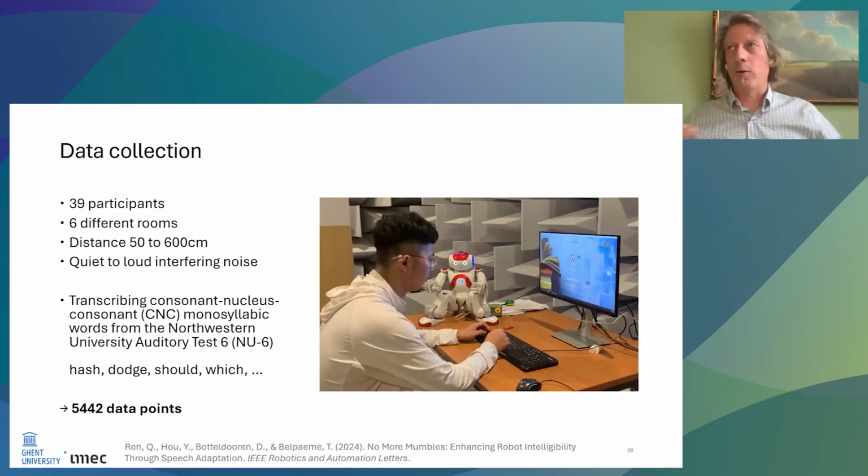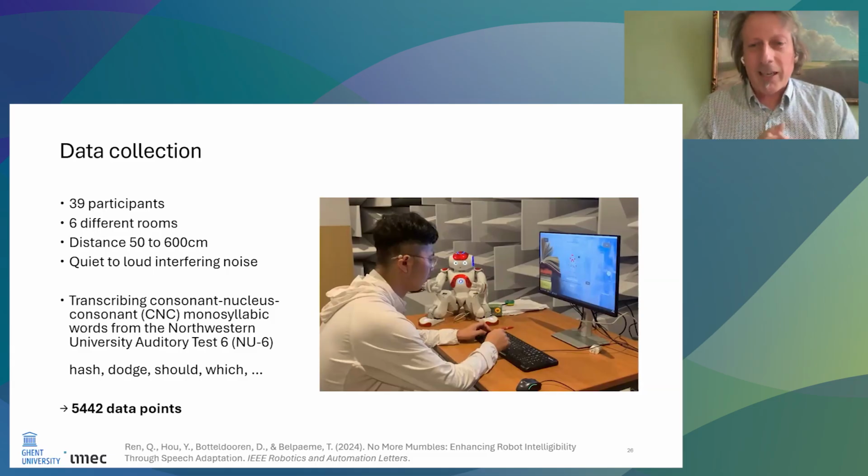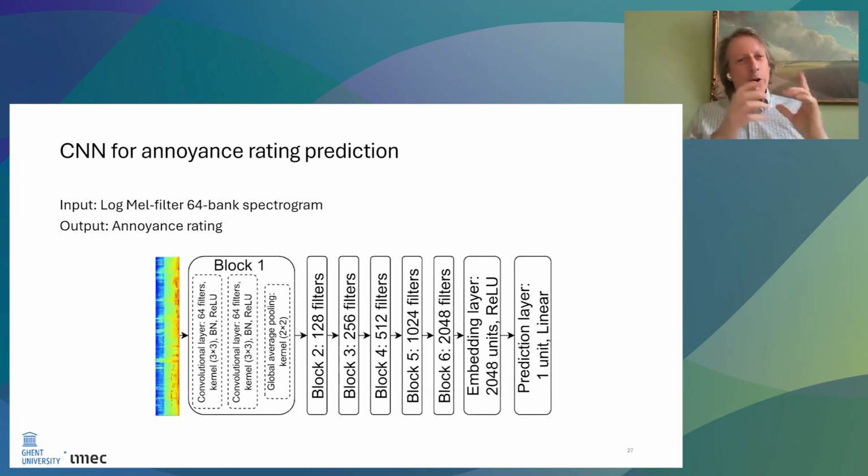Sometimes you'd have birds whistling, but all the way to a chainsaw cutting through a log, and we would play that as you're listening to the robot. Now, there are some really nifty things going on. For example, we have a CNN that tries to understand how annoying the background noise is to understanding the robot. It takes a spectrogram of that noise and gives us just a number saying how annoying this sound is to actually understand someone.